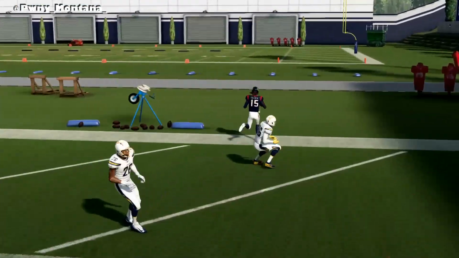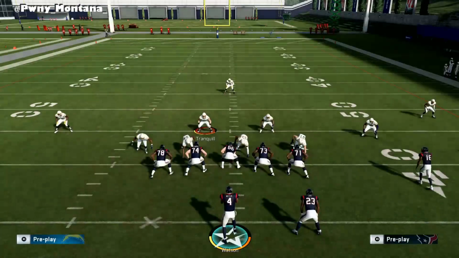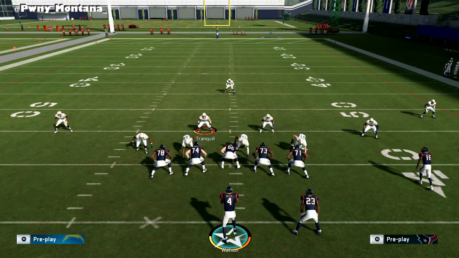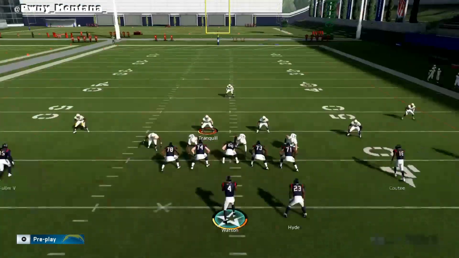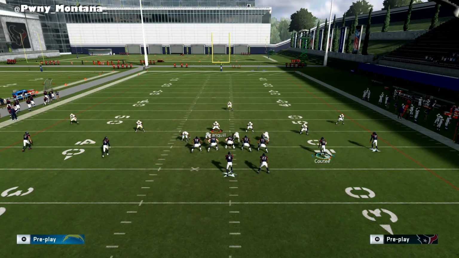So yeah, other things that you guys can do. Now, a lot of people see a spread formation and they start trying to scream at it. You know, they start trying to send like six people. In this specific formation, the spread Y slot, I don't know how it is in the other spread formations,